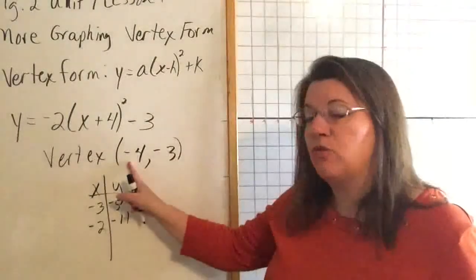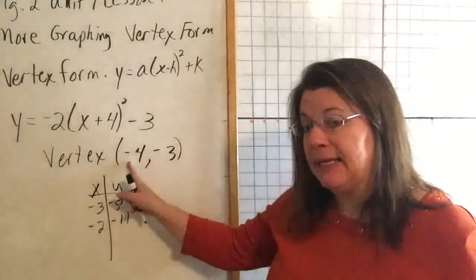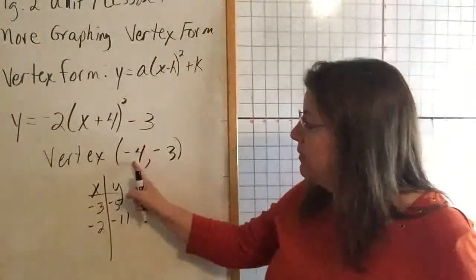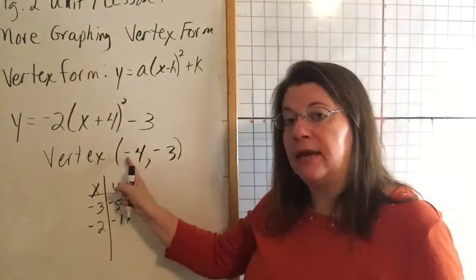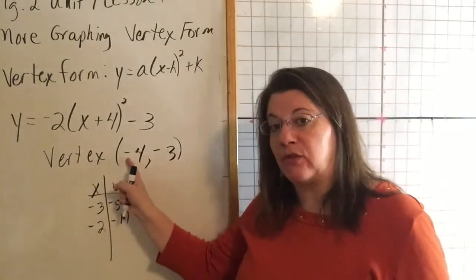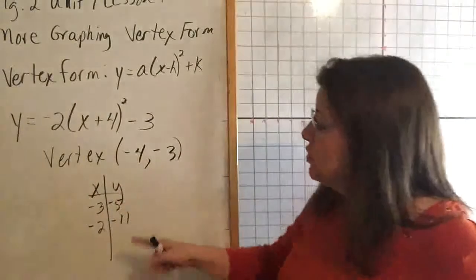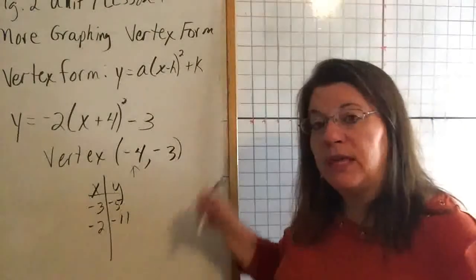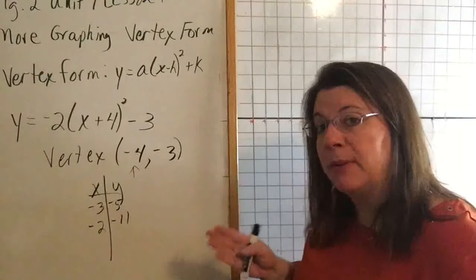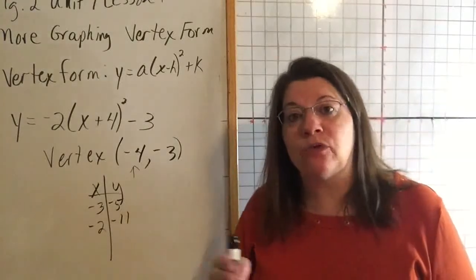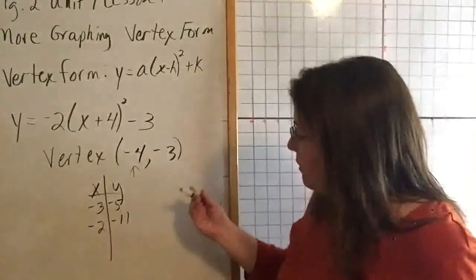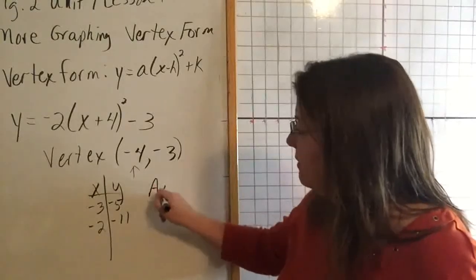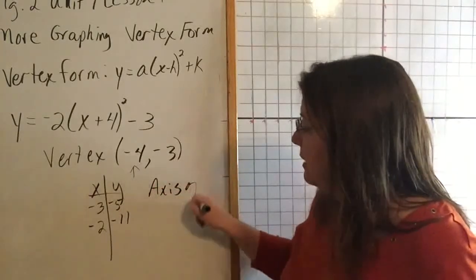The axis of symmetry will always be the vertical line that is associated with that point that goes through the vertex. So this is my x value of my vertex. So the equation of that vertical line, remember a vertical line equation is x equals a number. So the equation for my axis of symmetry, and this is something that is going to be asked,